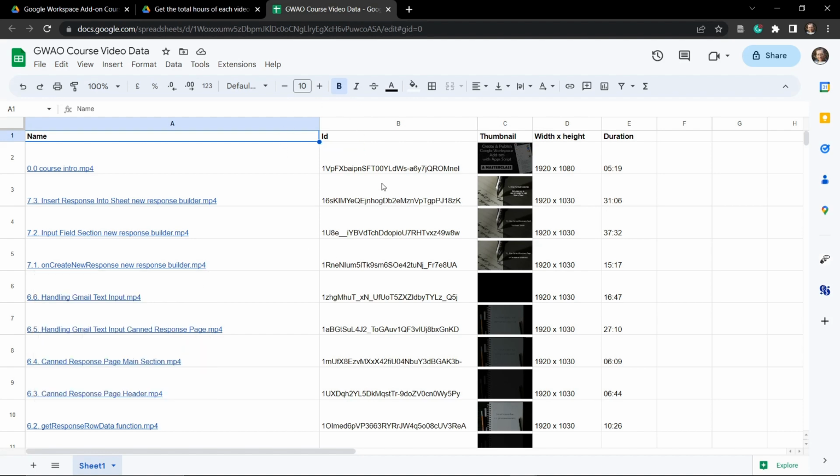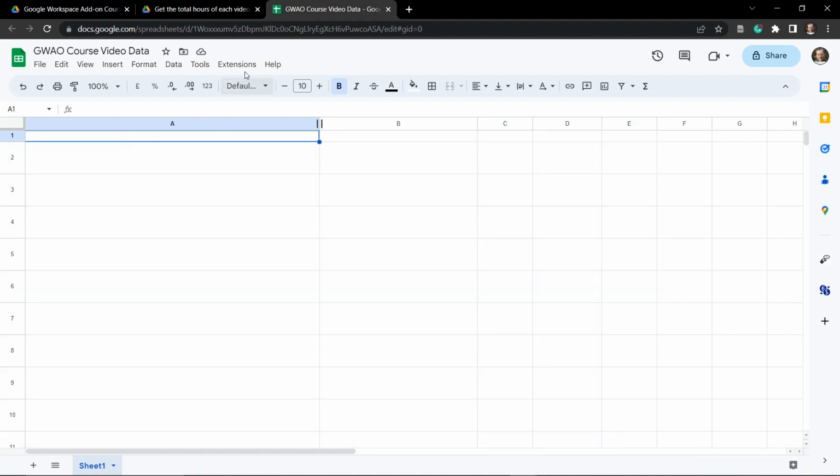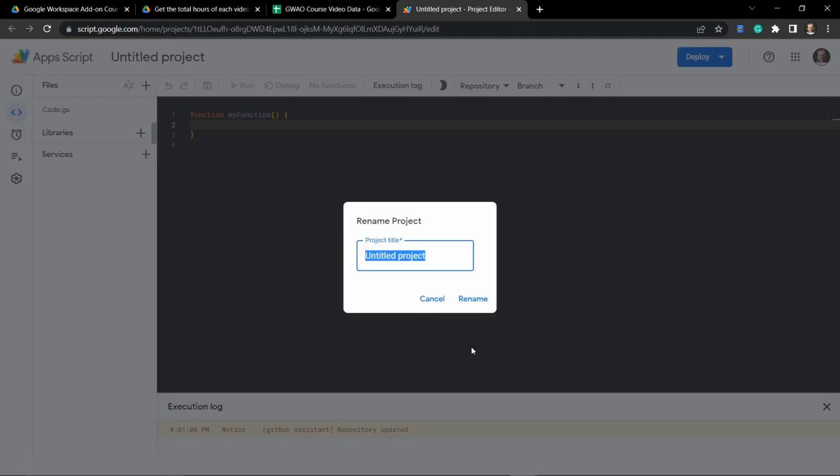Let's delete this out first and start afresh. And we'll scroll up to the top here, and we'll go into our extensions and Apps Script. Okay, so there's a couple of processes that we need to do for this. But first, let's just add our project title, GWAO, course video